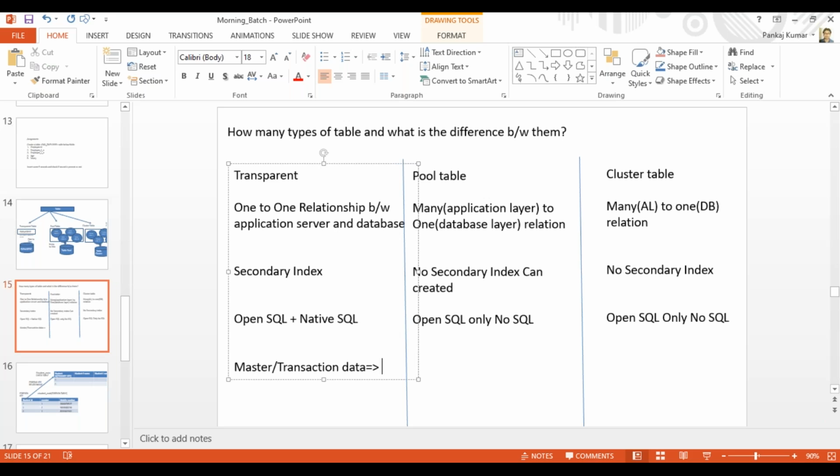That means it is used generally to store the application data. But the pool table is used to store system related information. That means if you have defined some parameter, for example, parameter, you are having